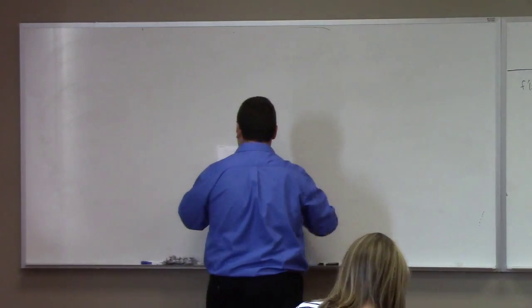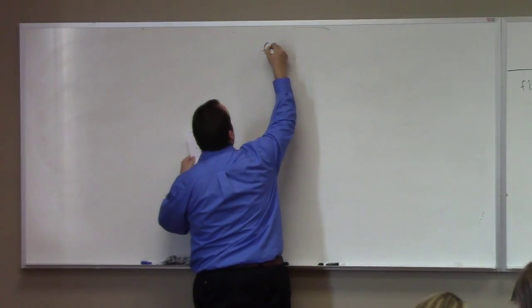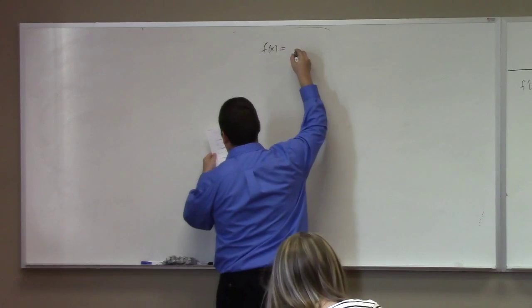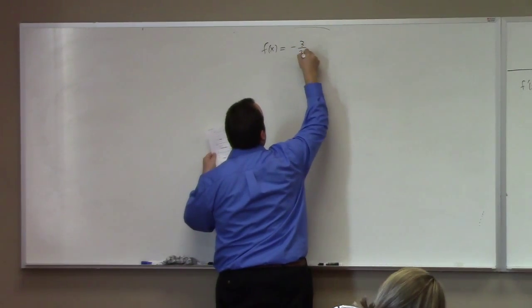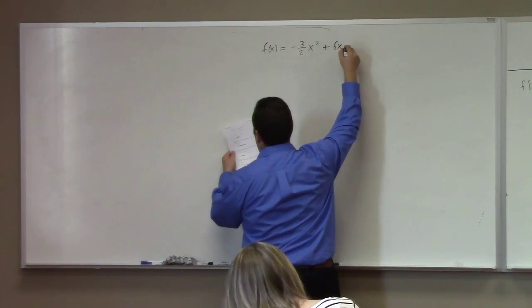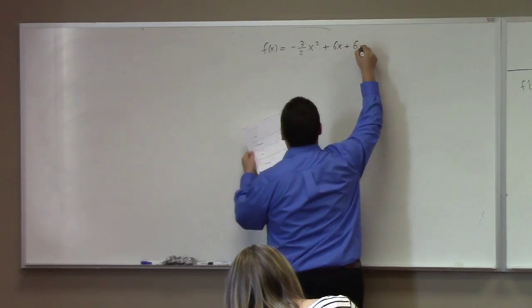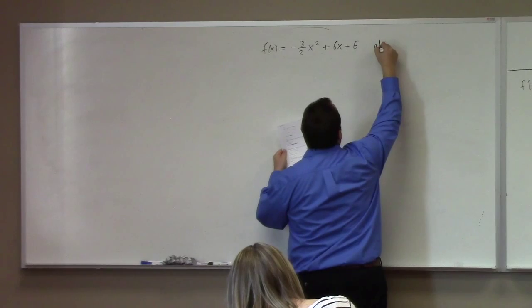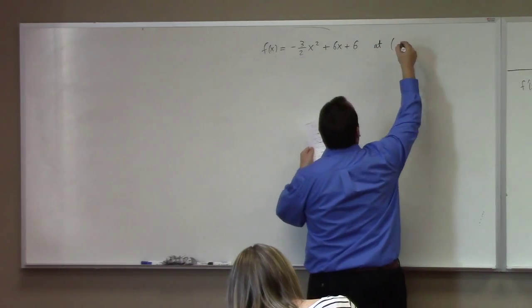Okay, so here's the function f of x equals minus 3/2 x squared plus 6x plus 6. And then we're supposed to find the tangent line at minus 1,